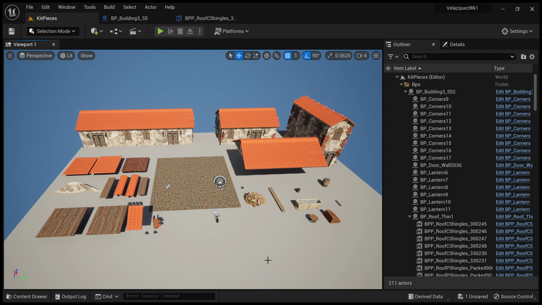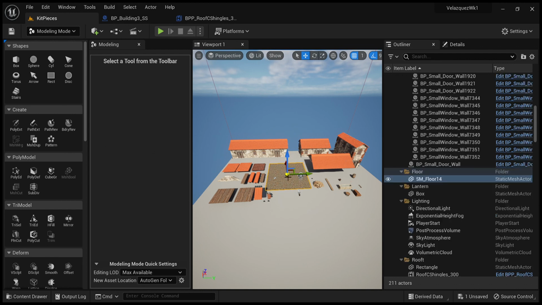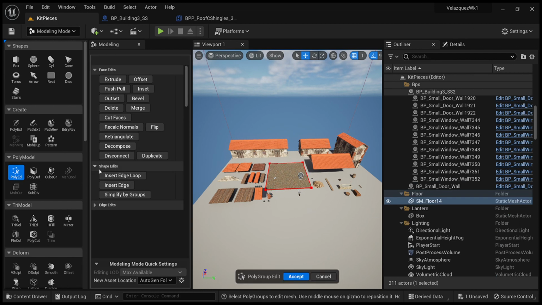Some of the tools that I used to create the floors and the window would have been in the modeling mode of Unreal. I used the box, and then I created the dimensions for it and placed it into the scene. After they were placed, I used the Poly Edit tool, and I came down here and inserted some edge loops. Once the edge loops were where I wanted them to be, I used the push-pull